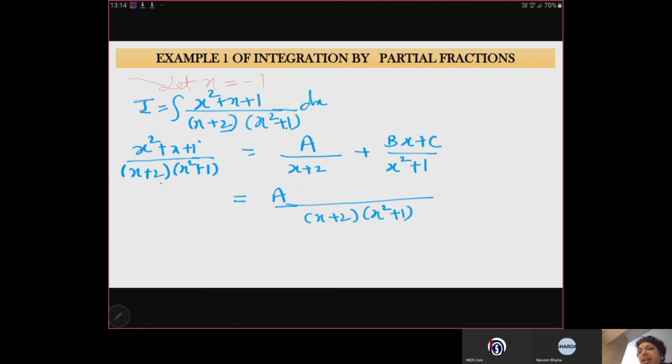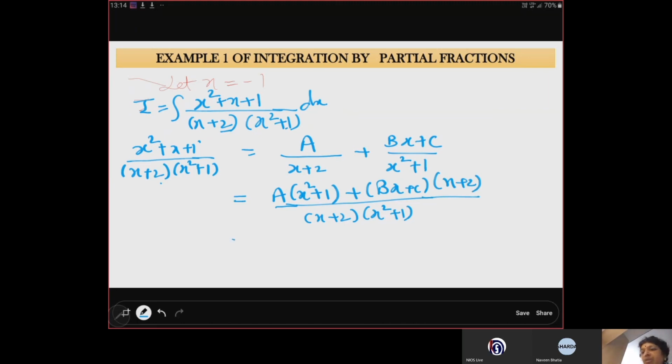So ये बना a into x squared plus 1 plus px plus c times x plus 2। तो दोनों तरफ डिनोमिनेटर सेम है तो न्यूमरेटर्स भी सेम होंगे। अगर एक फ्रैक्शन में डिनोमिनेटर्स सेम है और फ्रैक्शंस इक्वल हैं तो न्यूमरेटर्स भी सेम होंगे। सो x squared plus 1 बनेगा a into x squared plus 1 plus bx plus c into x plus 2।